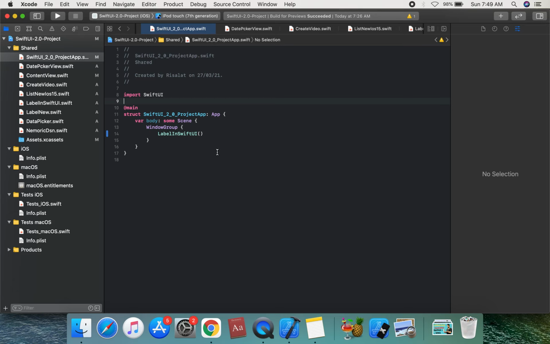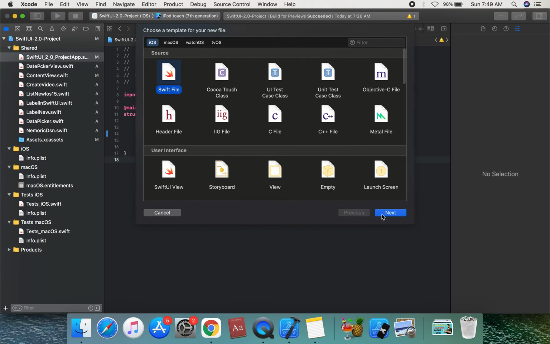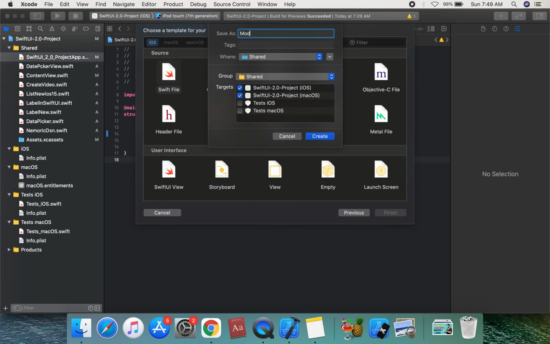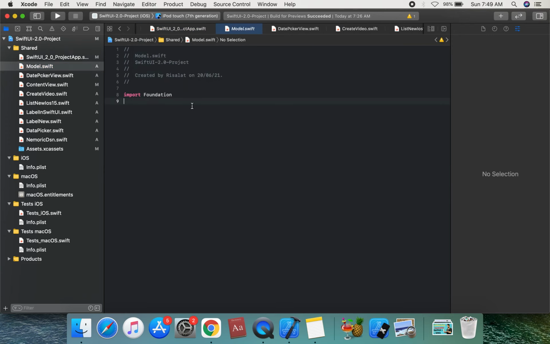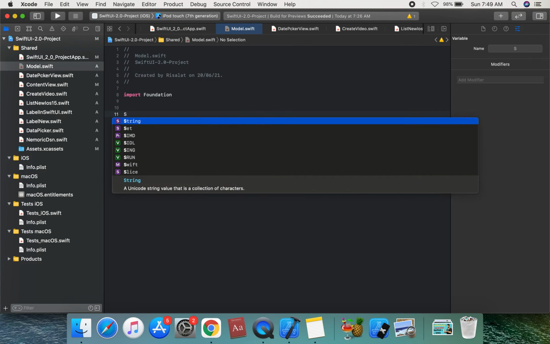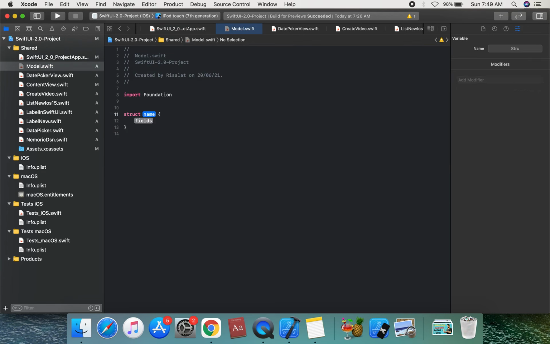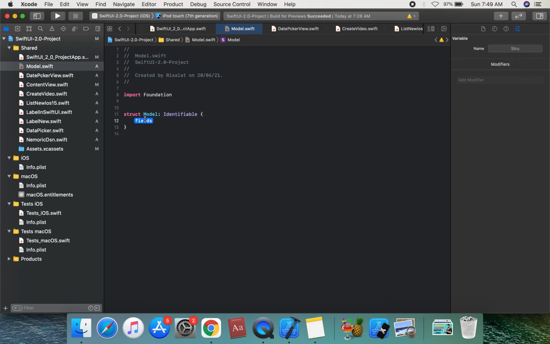Suppose we are going to create a model Swift file. We can create a struct Model, which conforms to Identifiable, which requires an id.